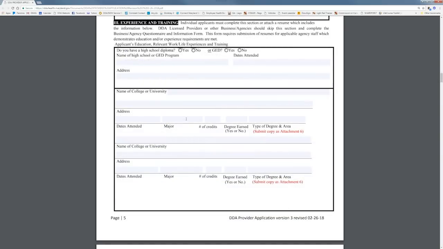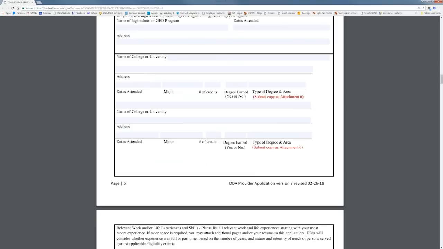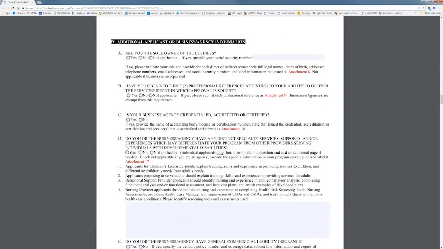Individual applicants must enter the information required in Section 3 or attach a resume which has the required information. DDA license providers or other business agencies should skip this section and complete the business agency questionnaire and information form. This form requires submission of resumes for applicable agency staff which demonstrate education, license, certification, and experience requirements are met. Moving on to Section 4,